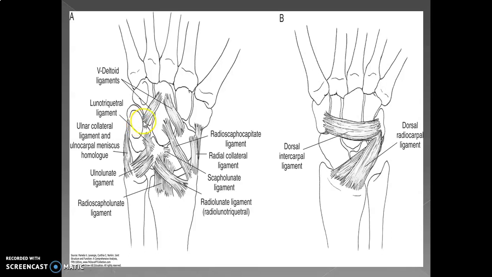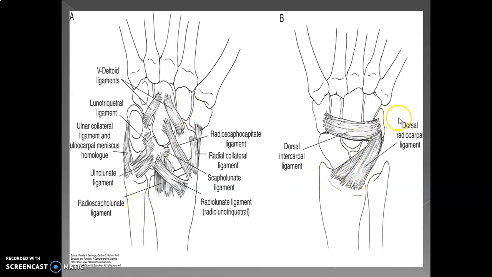So from the medial to the center, from the scaphoid to the capitate, this stabilizing ligament is called the V deltoid ligament because of the V shape. They pull the capitate into the middle, and together they stabilize it. The capitate forms the central piece of the whole wrist joint. This is a very important bone, a large bone also. The ulnar collateral ligament is also present here, together with the meniscus homologue. So these are the ligaments.